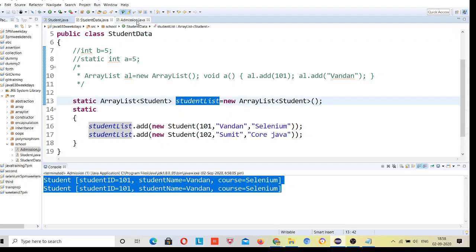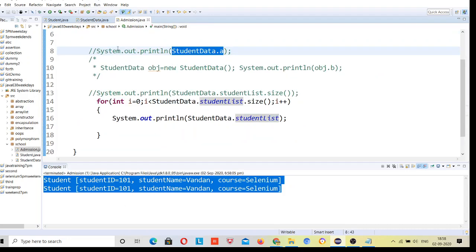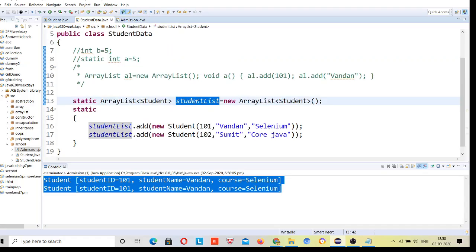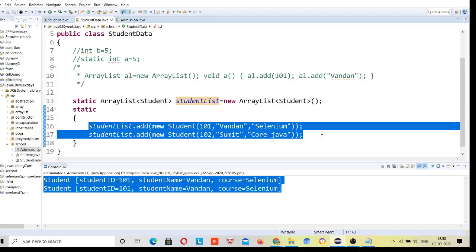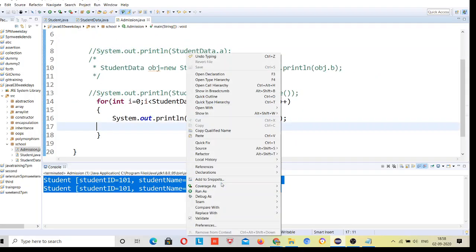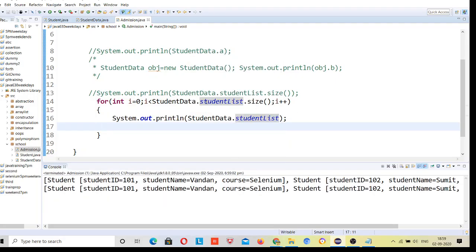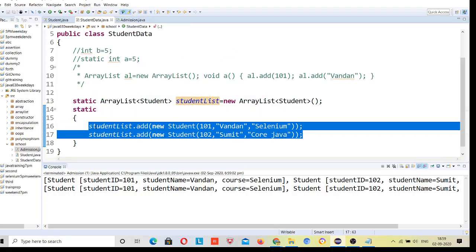It's printing this whole variable, and this variable contains this whole data. Let me run it, because the loop is running 2 times, this whole variable was printed.